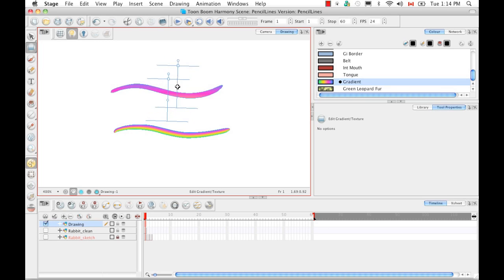So, for example, if I did want to try to fill this entire stroke so that you could see at least all four colors in this gradient, I could try to make it as small as possible and then as parallel as possible to the stroke. But of course, it'll never look the same as a pencil line stroke. It'll never follow the curvature of this stroke. If we then select